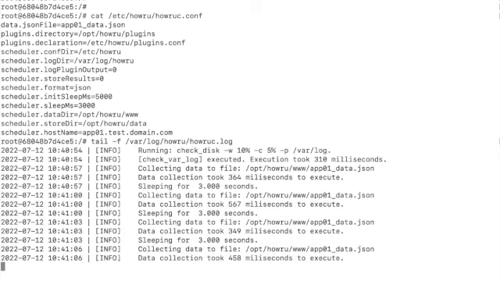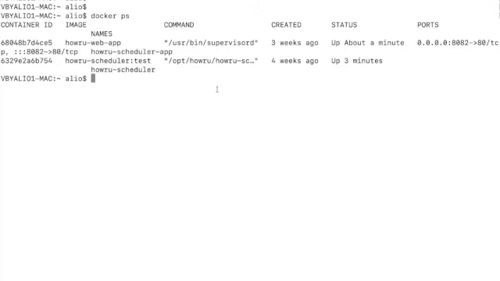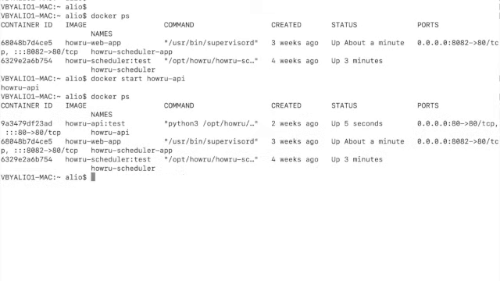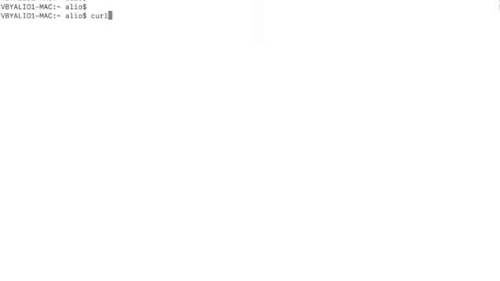We look at the log again, and we can see it's collecting data to the file. We're ready to go. So right now we have two Docker containers with HowRU scheduler running in them, but we have no API. So let's start another container, a third one, with the API running on it. And running docker ps, we can see that the HowRU API container is exposing, or port forwarding, port 80 to our localhost. So we can once again curl localhost port 80,